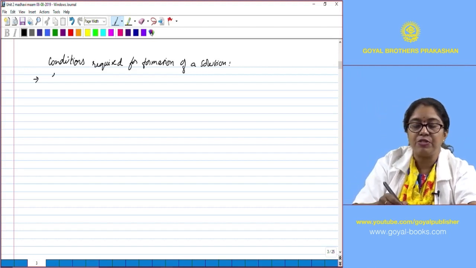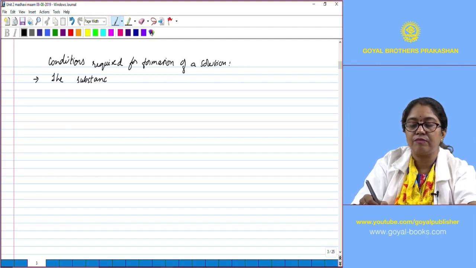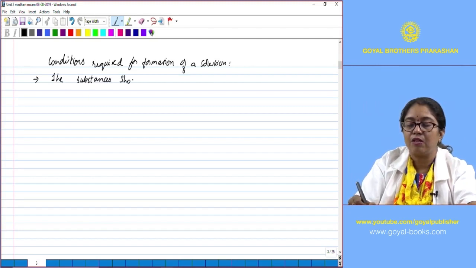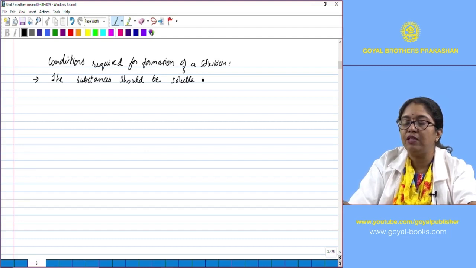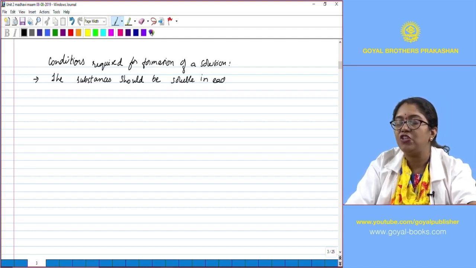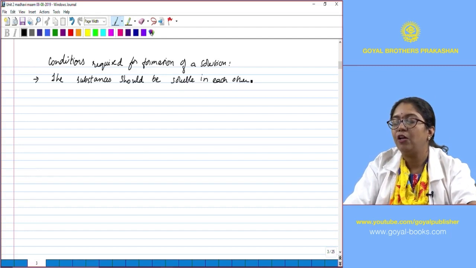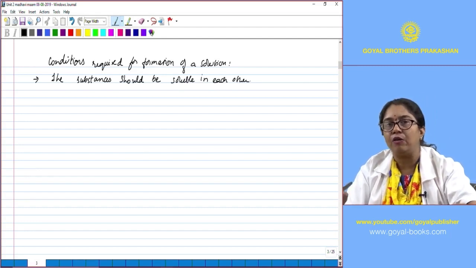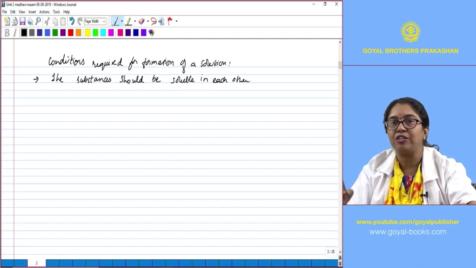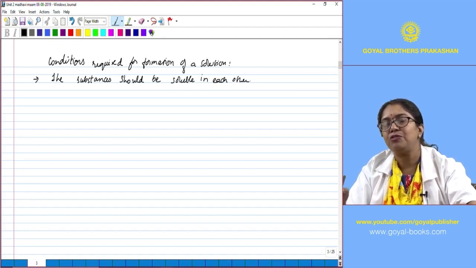Normally, when we talk about a solute and a solvent, the solute is usually the one which is in smaller proportion